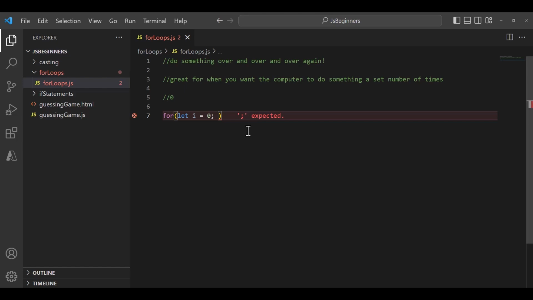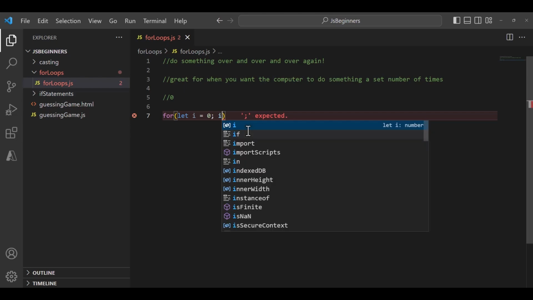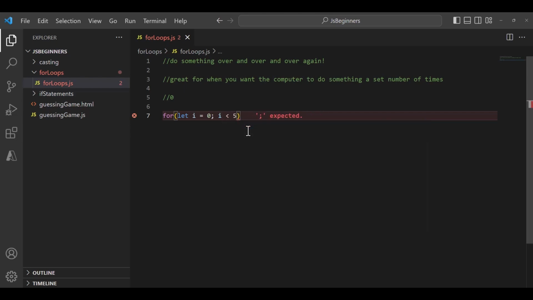So the second part is a conditional. Okay, like back when we did if statements, like, if random number was greater than 5. All right, I would like to run my loop, let's say 4 times. So I'm going to do i is less than 5. Cool. So what I'm saying is as long as the number of times I've gone through this loop is less